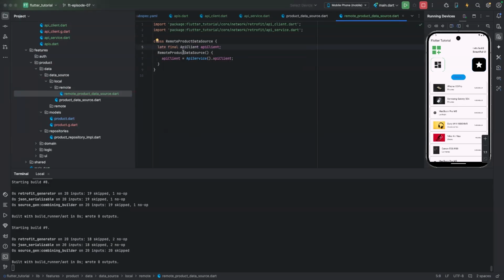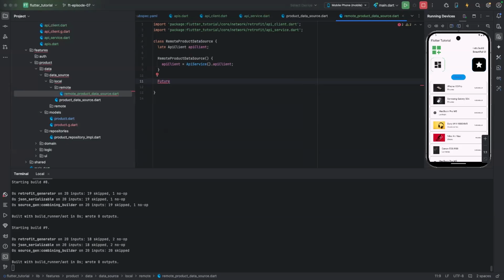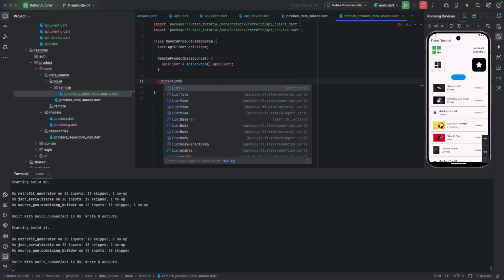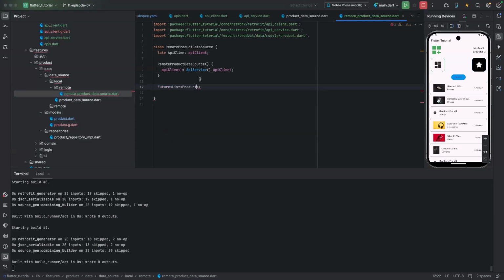Can be a let, but even why final, I may leave it. Can be a let because we are instantiating it after. Okay, so we have that access. Now we want to return a list, but it's a future because we have to wait. Future, give us a list of type product, get products,